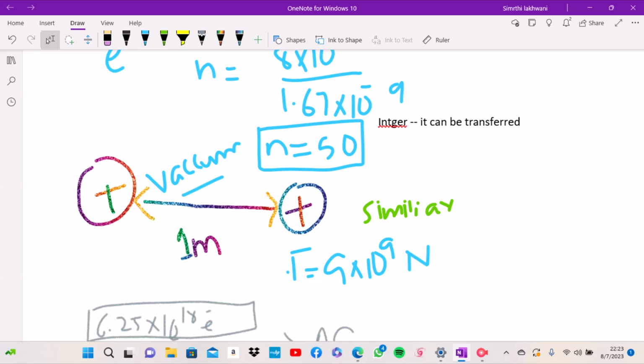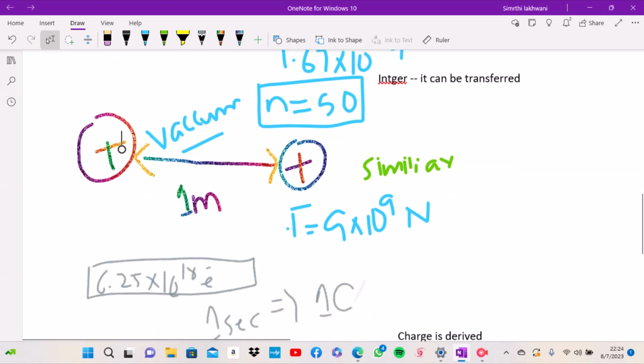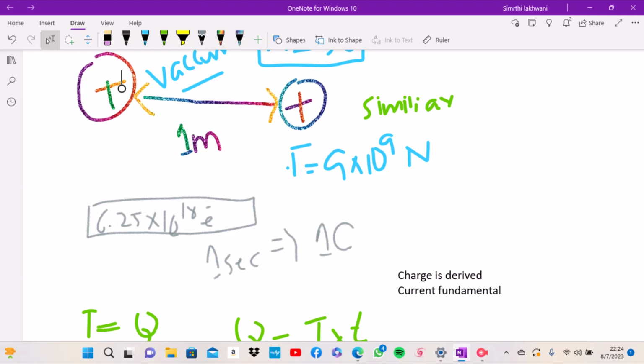Now let's talk about what 1 coulomb is. Basically, when two similar charges, as you can see over here, are placed 1 meter apart in a vacuum, they experience a force of repulsion equal to 9 × 10^9 newton. This is known as 1 coulomb charge. Or you can say, from a conducting wire, if 6.25 × 10^18 electrons pass in 1 second,